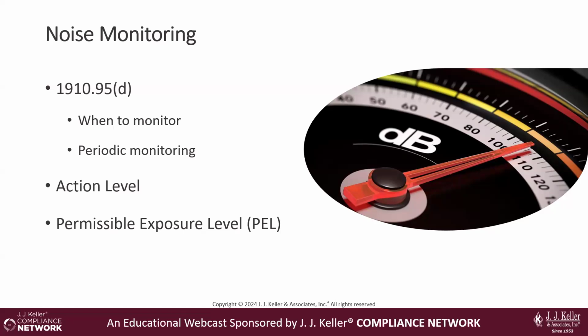So on the other hand, a permissible exposure level, or PEL, is the highest level of exposure that an employee may be exposed to without incurring the risk of adverse health effects. The action level will always be lower than the permissible exposure level, since action levels are generally set at 1/2 of the PEL. So back to monitoring, it's not necessary for every employer to measure workplace noise, but OSHA requires